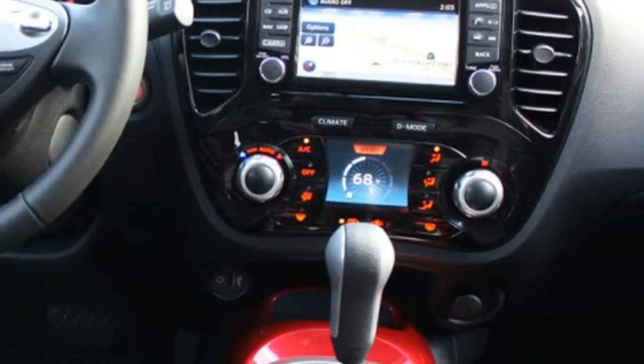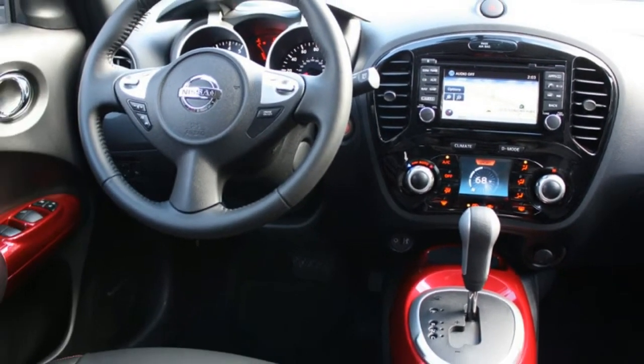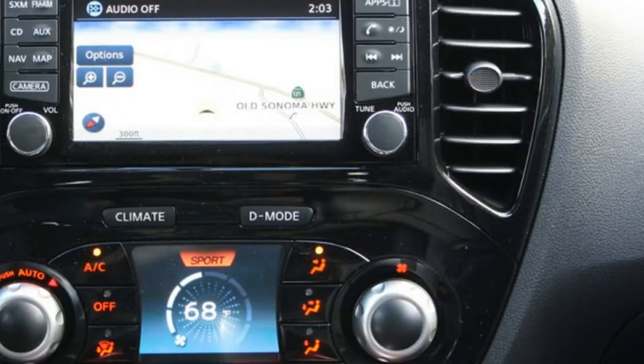One number Spyker didn't release was the price, which is only available on request. But you know the drill. If you have to ask,